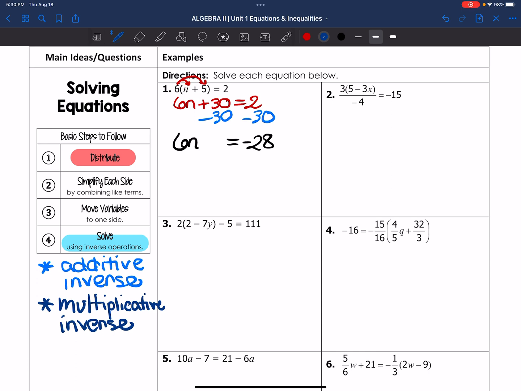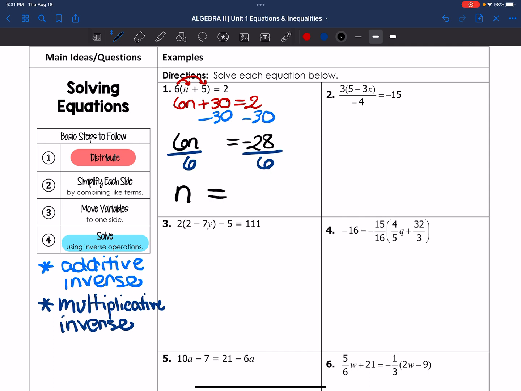And so looking here, the 6 that is in front of the n, they are multiplying, so I need to take the inverse of that. That is going to be to divide by 6. Whatever we do on one side, we do on the other. And so that 6 divided by 6 is just 1, or an n,